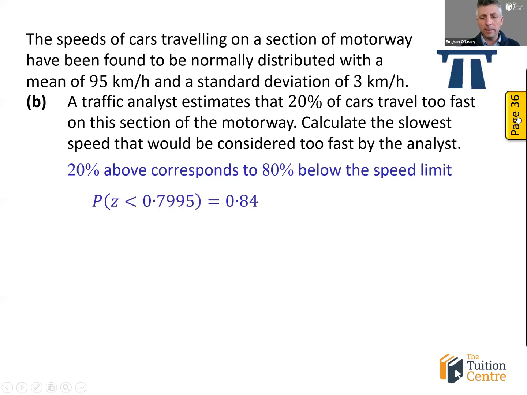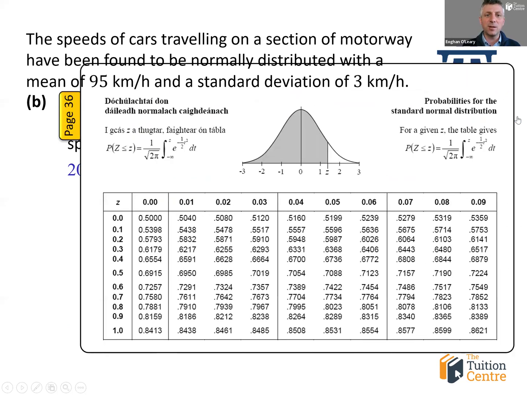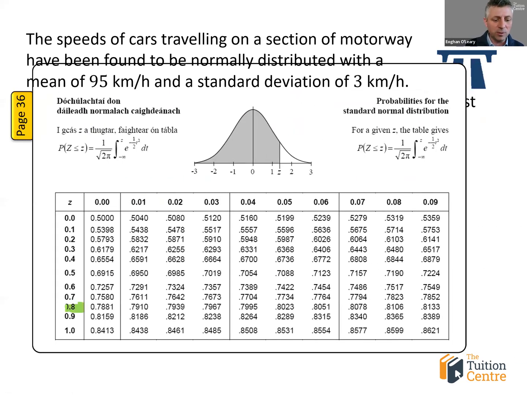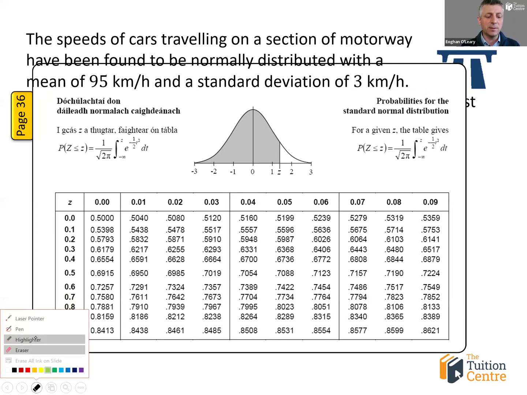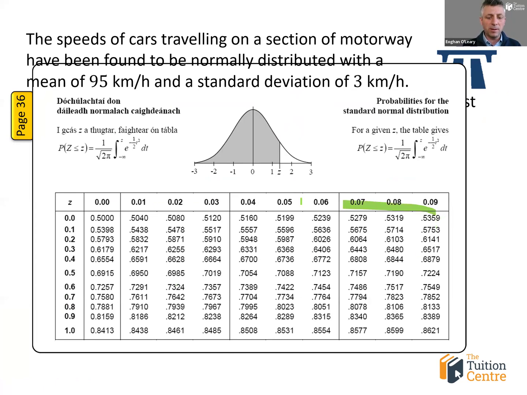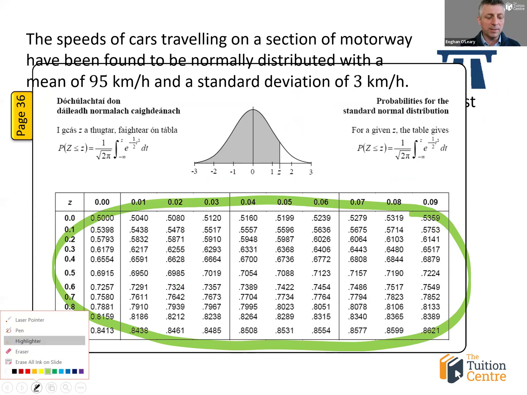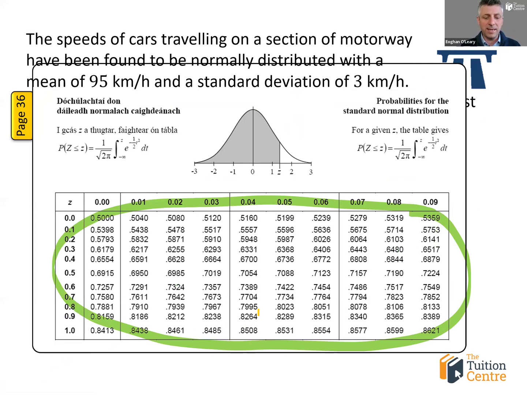Now, you got to look on page 36 for 80%. I know students sometimes go wrong here. They go down here looking at that 0.8. But remember, that is the number of standard deviations to the right of the mean. We're looking over here in the body of the page, and those are your probabilities. So we're looking for something that looks like 80%. Some of you might be drawn to that one, but this number here is closer to 80%. It's 79.95%, and that corresponds with